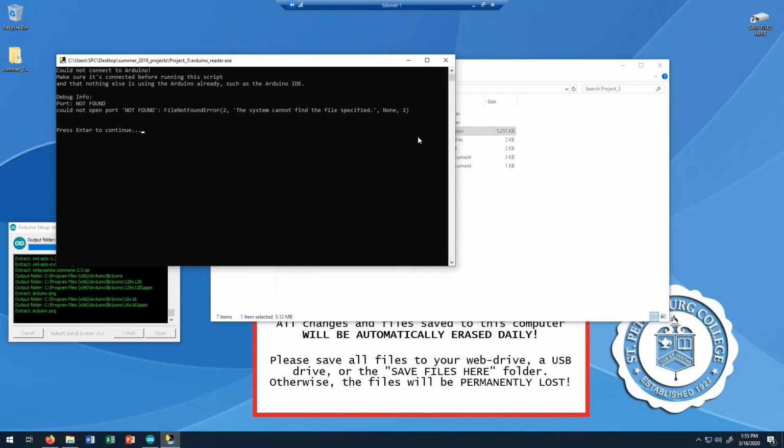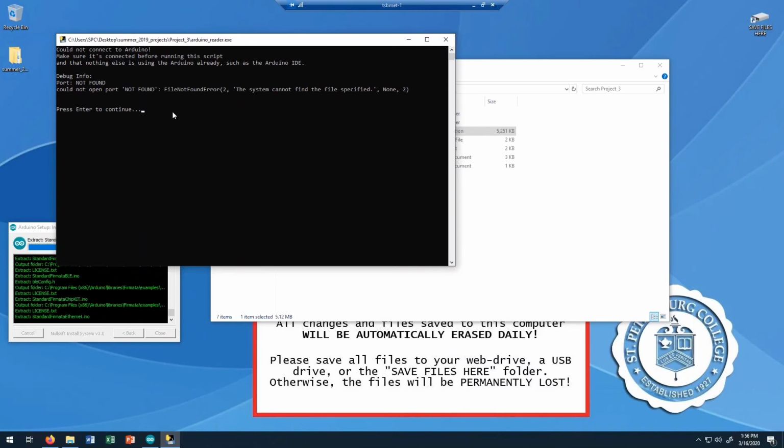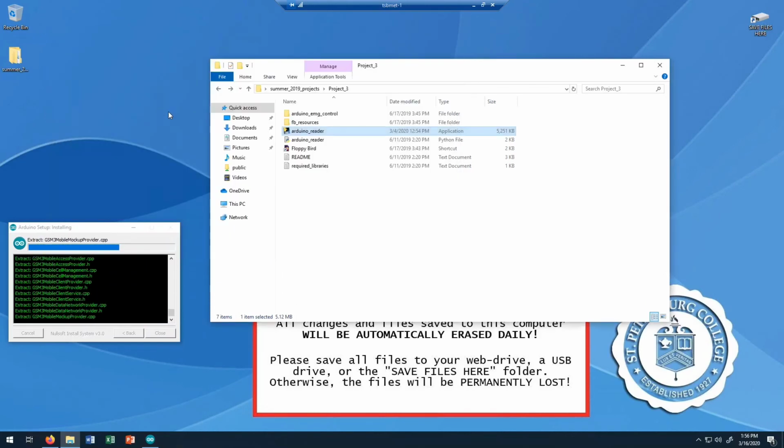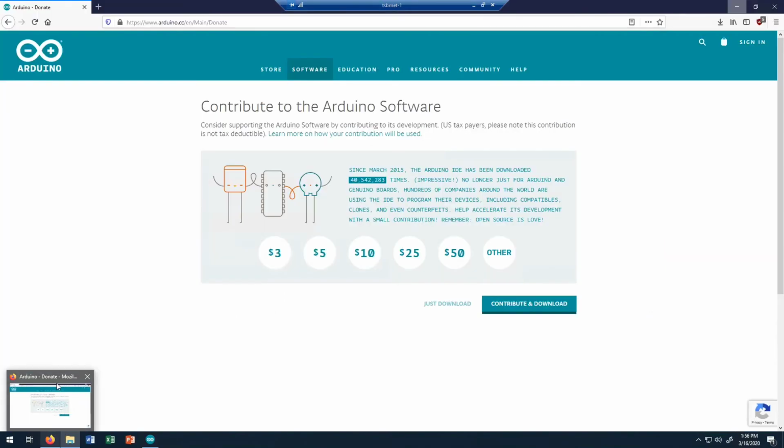So if it runs, it'll just come up like this. Right now I don't have anything attached, but it'll auto-detect the Arduino if it is attached. And otherwise it should come up with this if it ran correctly. If it doesn't run correctly, it probably won't show up at all. So if that doesn't work, if you're not able to open up this application version of it, or if you're on a Mac that doesn't have the ability to run this, you'll need to install the Python runtime and some